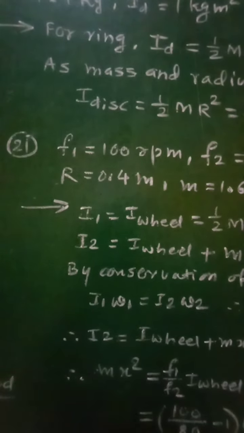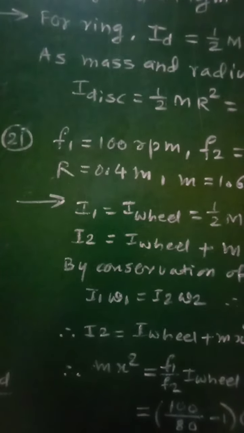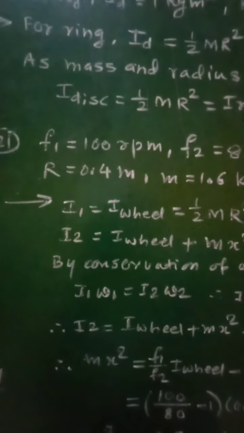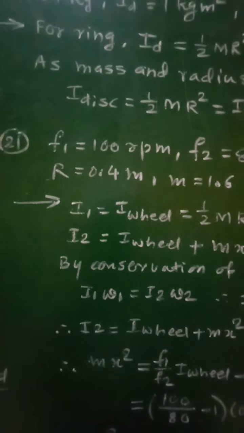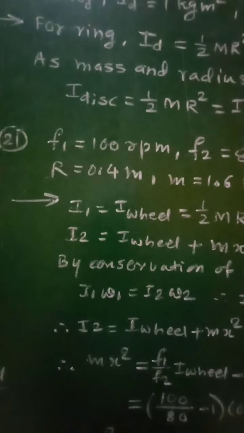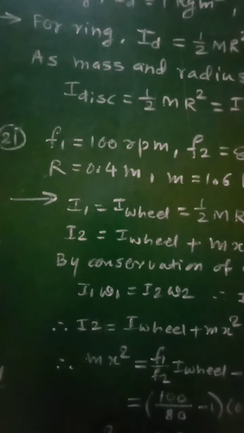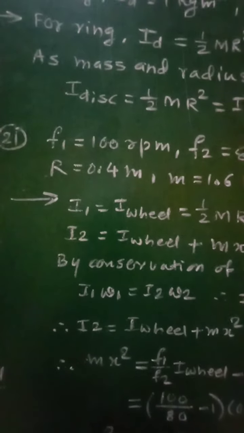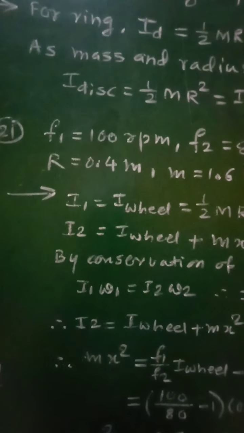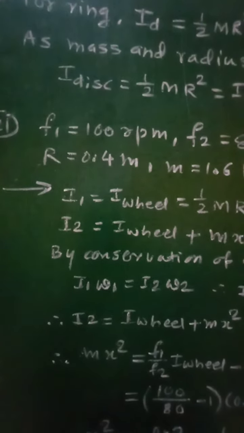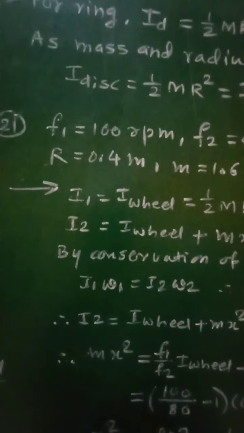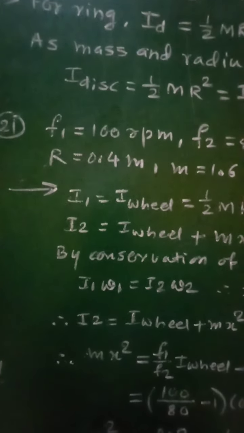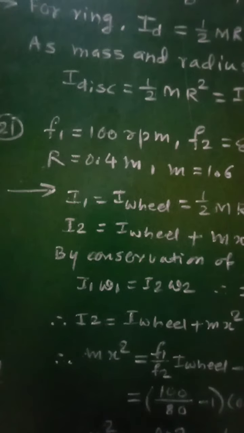It is in the form of a disc of mass 10 kg and radius 0.4 meter. So that flywheel is in the form of a disc. Then a lump of clay, which is taken to be equivalent to a particle of mass 1.6 kg, falls on it,